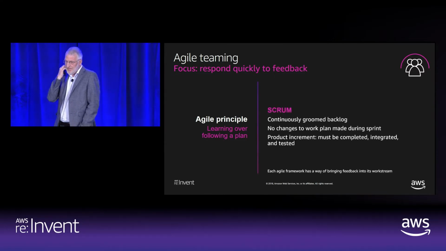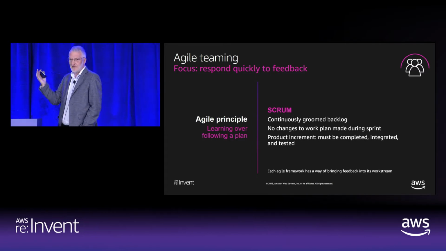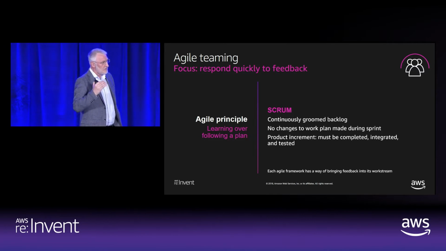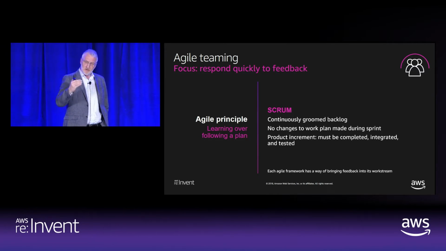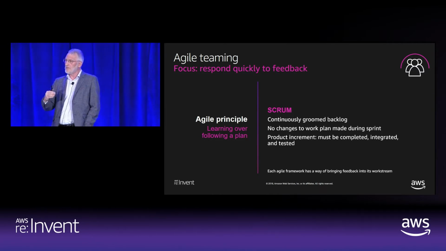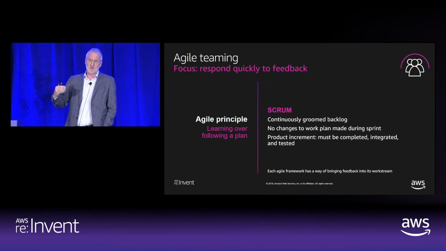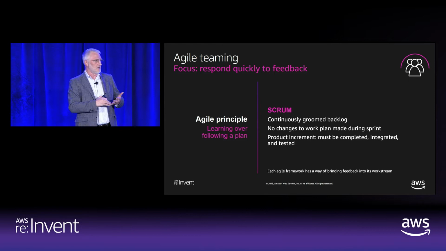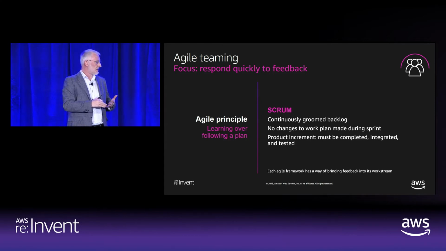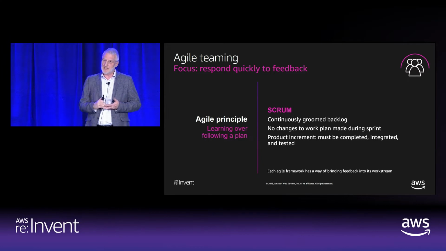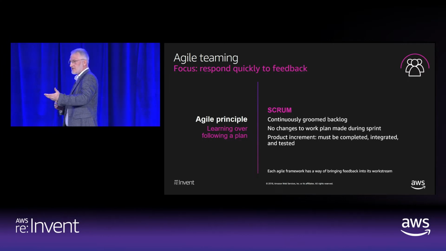There are many, many different agile frameworks out there, but they all have in common that they try to learn from the customer, learn from the experience, learn from the process. And by the way, you can get feedback directly from customers, but you can also get feedback from system metrics, from logging, from outcomes on the customer side, or directly from customers.